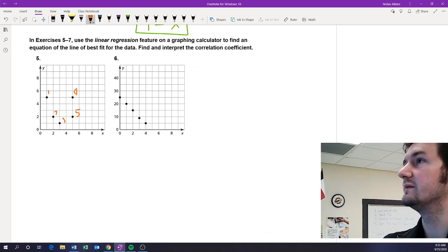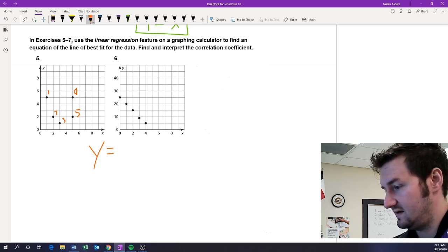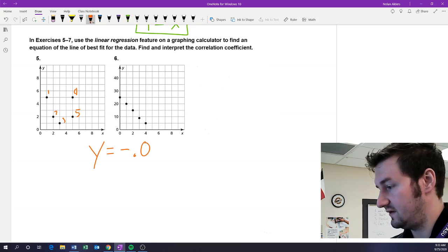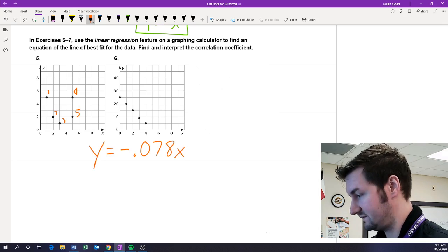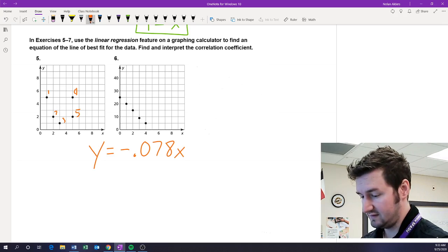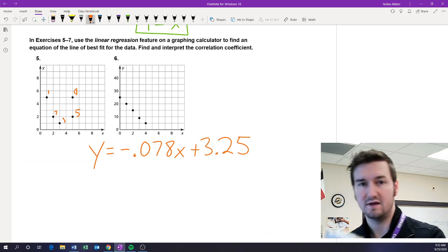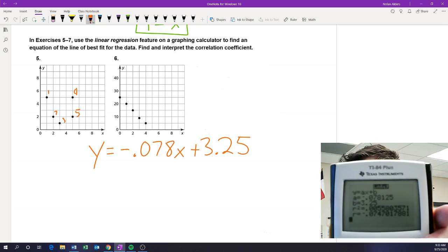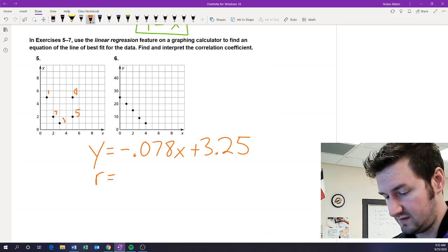So we can see from this that our equation is going to be y equals negative 0.078x, and then my b is 3.25. And you can see that information here on my table. One more important thing to look at is what this r value is. R in this case is